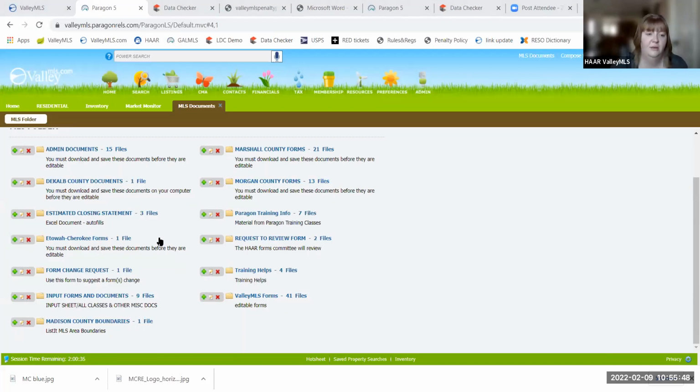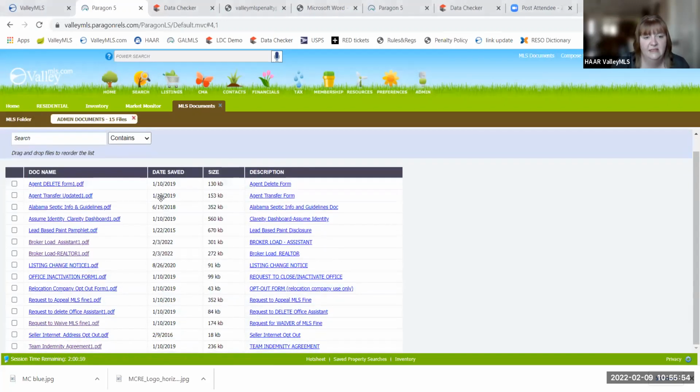For whatever reason, you're not seeing those. So when we look at our documents here, you can see the date saved shows up. For instance, these two broker load forms were just updated last week, and you can see those have been updated here. We have sent those to Dotloop. I don't know that they have been updated in Dotloop yet because it hasn't been a week yet. So we will hopefully have those up for you. But that's where you look, is in our folders inside of Dotloop. Or if you don't want to wait for that, come here to MLS Documents. You can download the PDF and you can upload it. It will not be a Dotloop fillable document at that point unless you make it one. But that is another option.